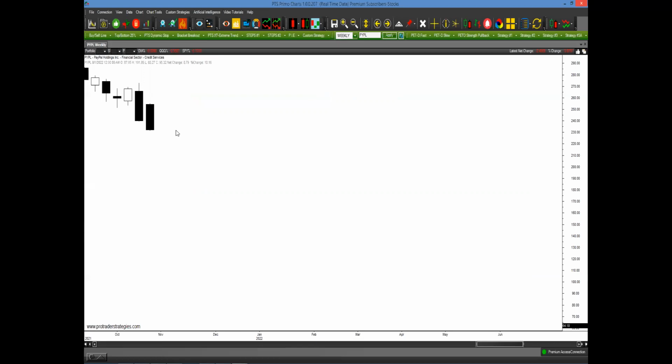But according to the PTS-XT, this is the beginning. It hasn't even started yet. This is the beginning of a real strong extreme move to the downside. So if you're more inclined to go short, you could have shorted the stock or bought puts, whatever you wanted